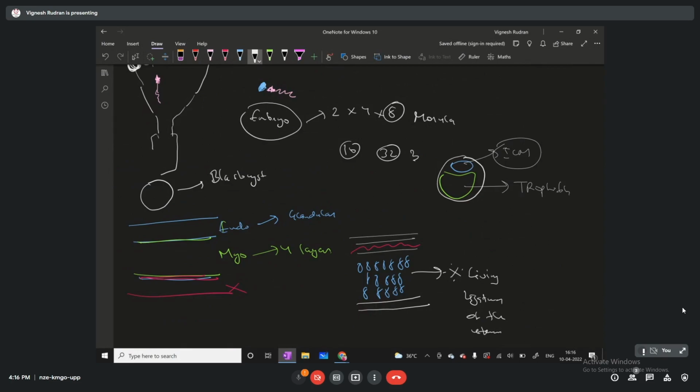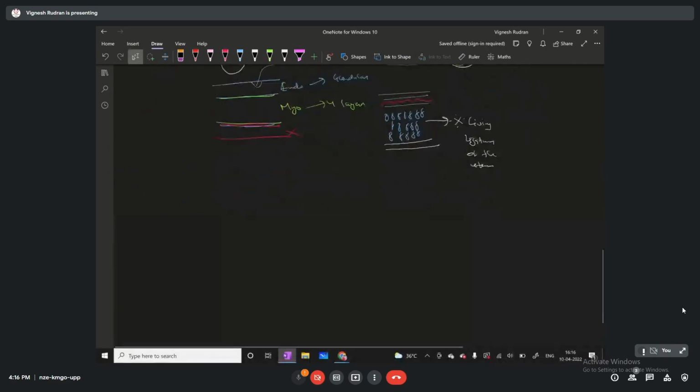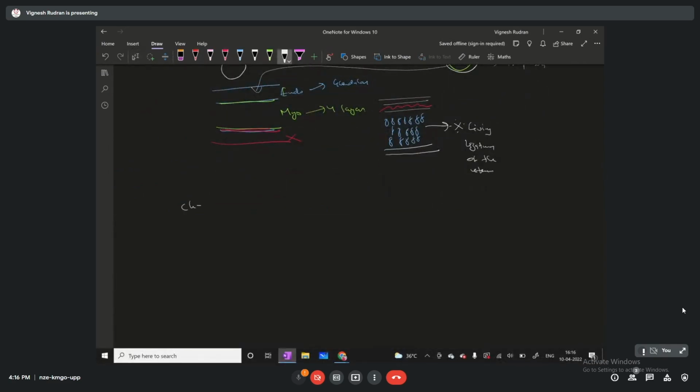This trophoblast is like your hook. This hook is going to go and attach into this uterine wall. How it's going to happen is it's going to split and form chorionic villi. Okay, chorionic villi. Now this trophoblast